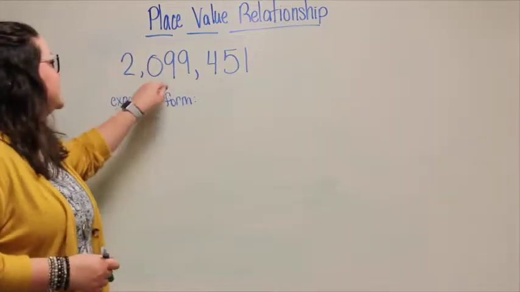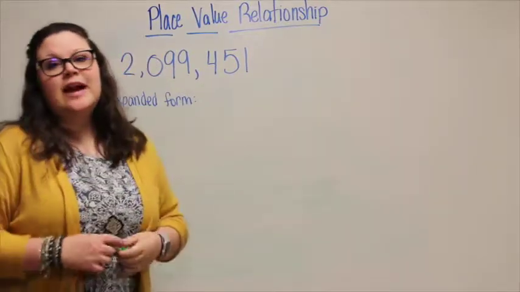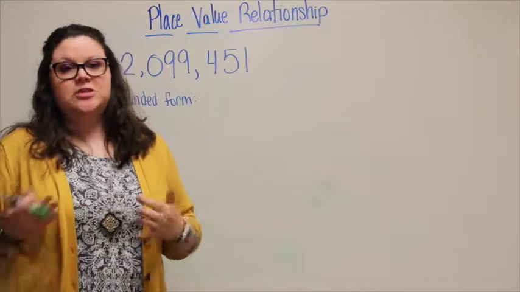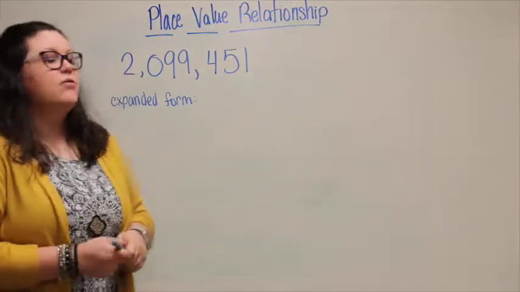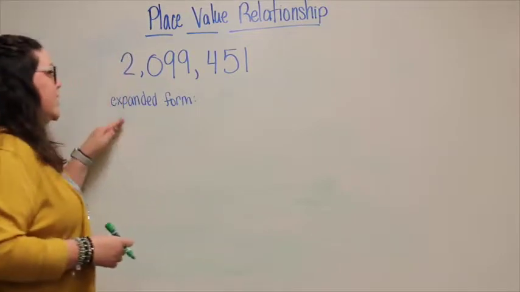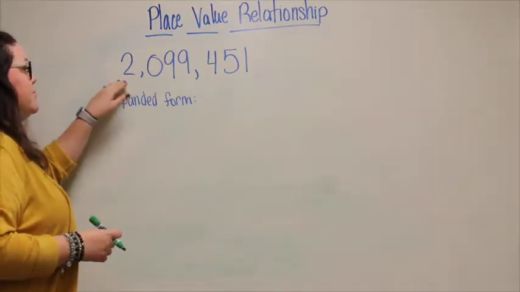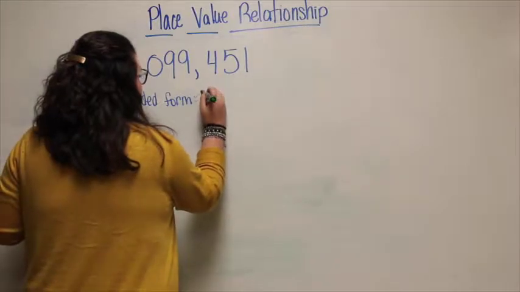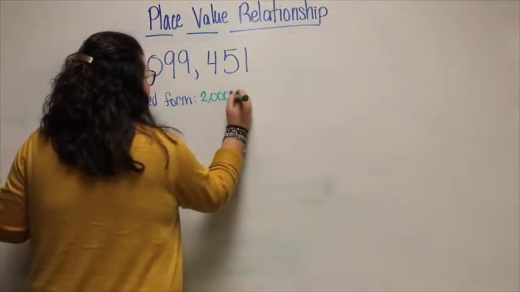I'm going to go ahead and put this number into expanded form so that I can better understand the relationship between the numbers that I have within this number. So, in expanded form, I would start with my greatest place value, and this is 2 million. So I have 2 million